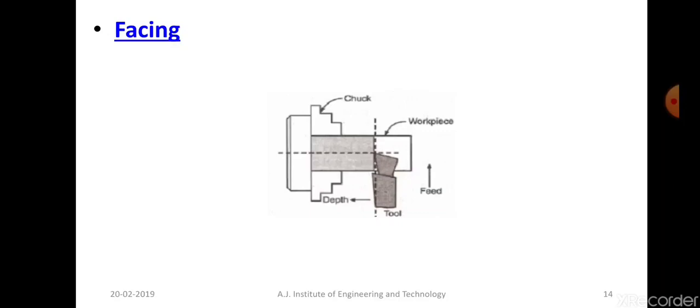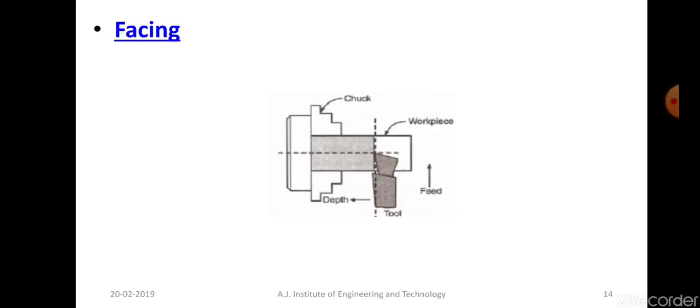But in the case of facing, we are not moving the tool in the X direction, rather we are moving the tool in the Z direction. You will connect the tool to the end of the workpiece and start using the cross slide. You will move the cross slide so that the tool moves from the outer edge of the workpiece to the center of the workpiece.